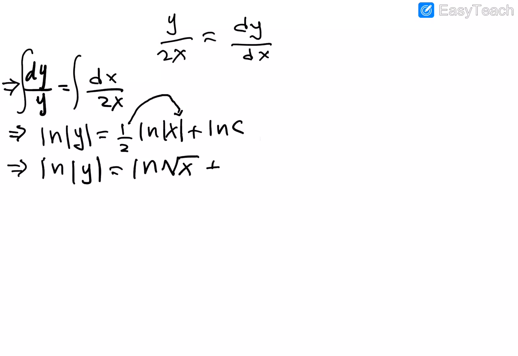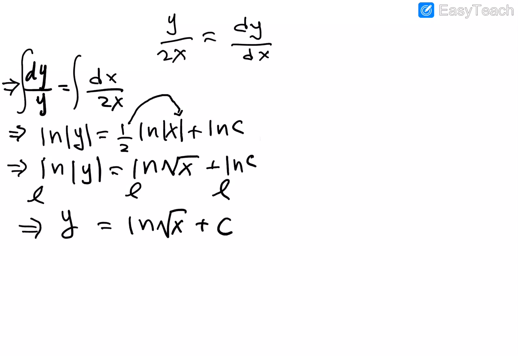Take the x to the 1/2, which will become the square root of x, which makes it easier to take the inverse natural log of all the terms, and you'll simply be left with y is equal to the natural log of the square root of x plus c,